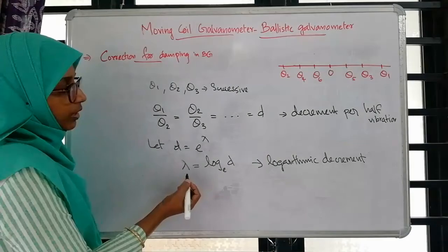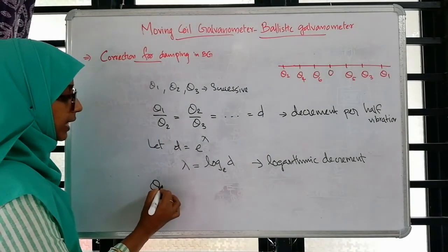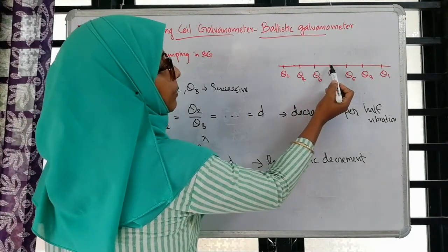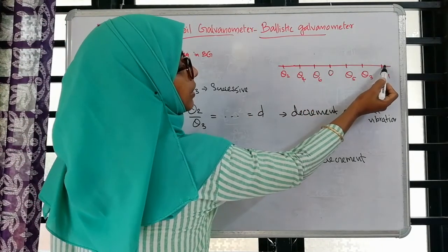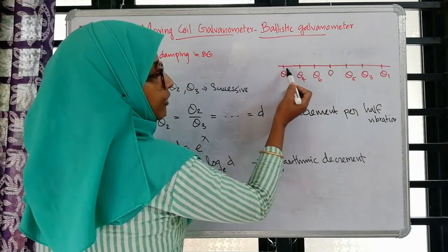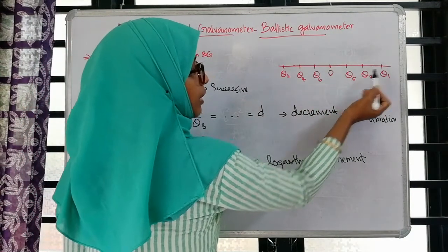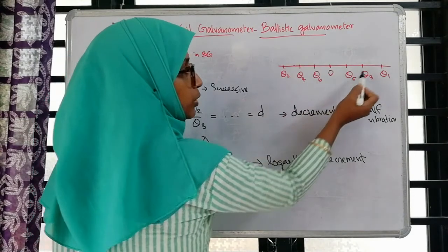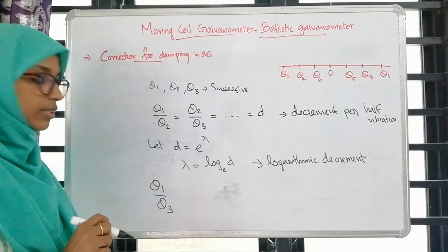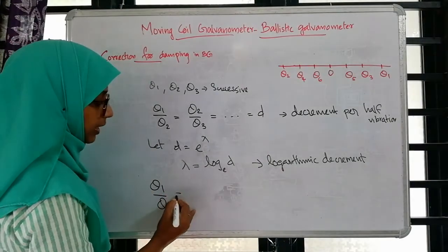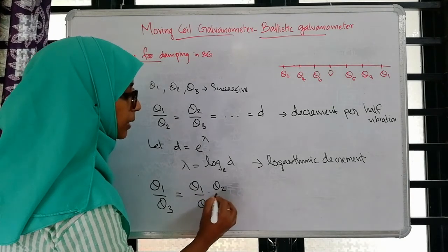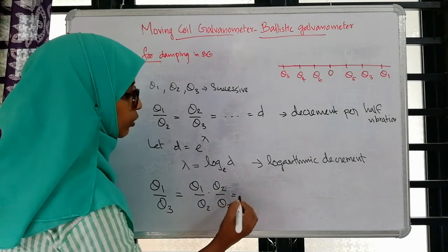Now to find out the full vibration, we have to get theta 1 by theta 3. That is, it oscillates from here to here, and after that theta 3. Theta 1 to theta 2, then theta 2 to theta 3, then only it completes a full vibration or oscillation. So, theta 1 by theta 3 can be written as theta 1 by theta 2 into theta 2 by theta 3, which is equal to,